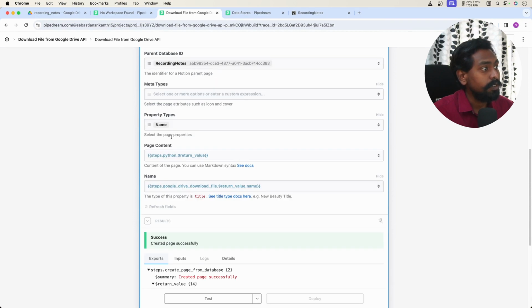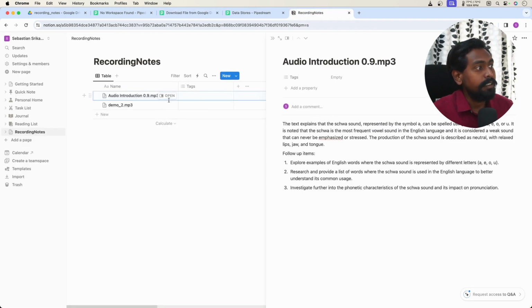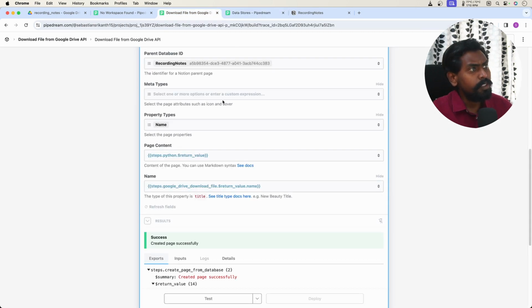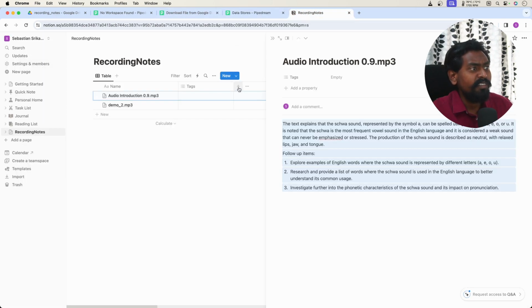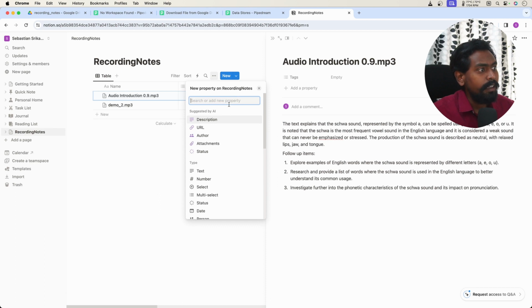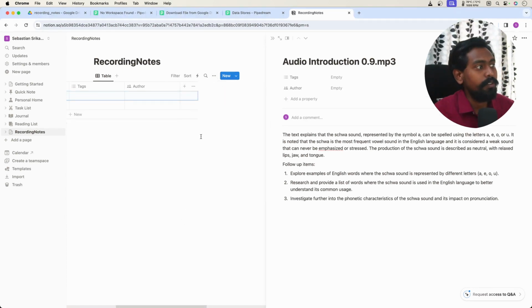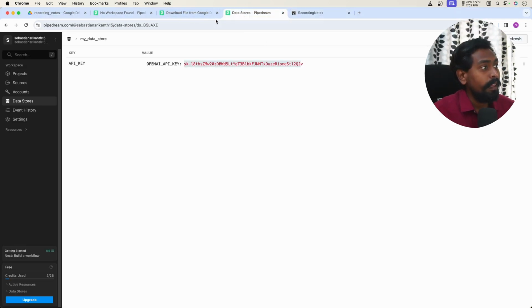Let's go to that summary. We are putting it as the page content in this one. This is what the page content is. So you can include more properties, let's say I want to include who is the author. Probably I wanted to include who is the author, and then let me go to here